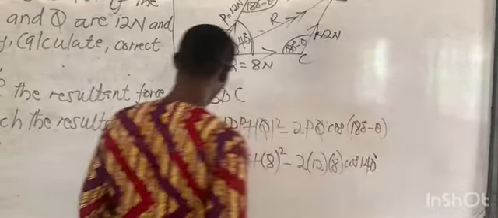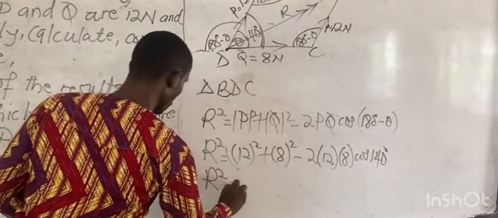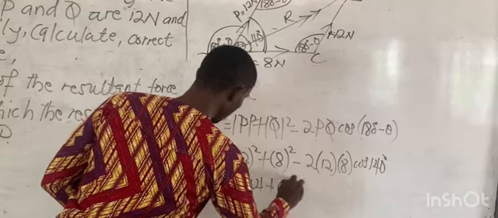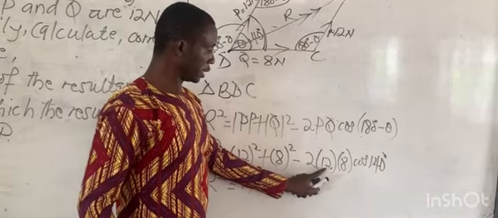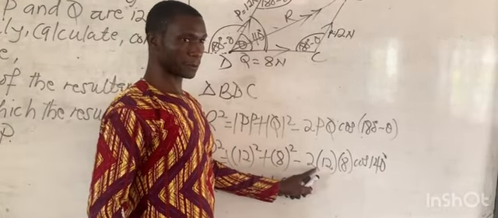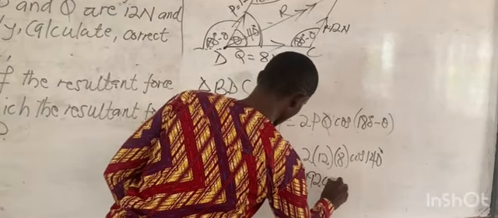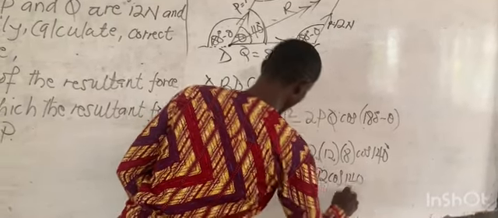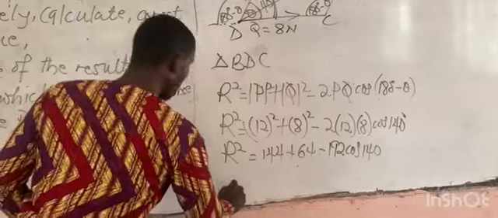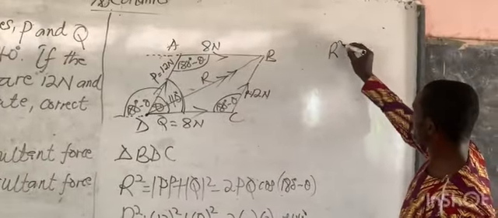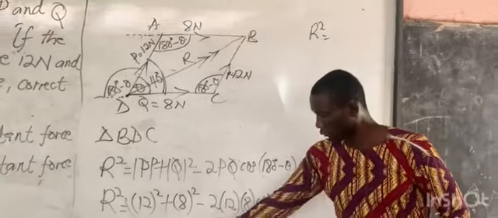Now R squared is equal to 144 plus 64. 12 times 8 times 2 will give us what? 192. Minus 192 cos 140. Now, let me continue from this side. R squared is equal to 144 plus